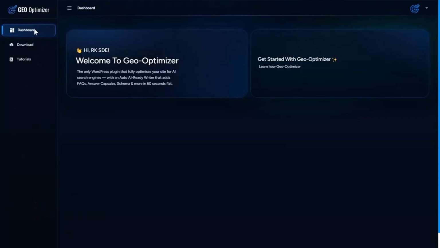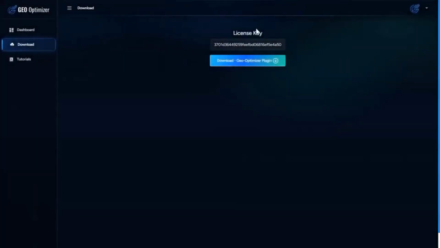Now let's see how this plugin works. First, go to your member area and open the download menu. Here you will see the license key and a plugin. So simply click on this option and your plugin will be downloaded, and copy this license key. And after this, go to your